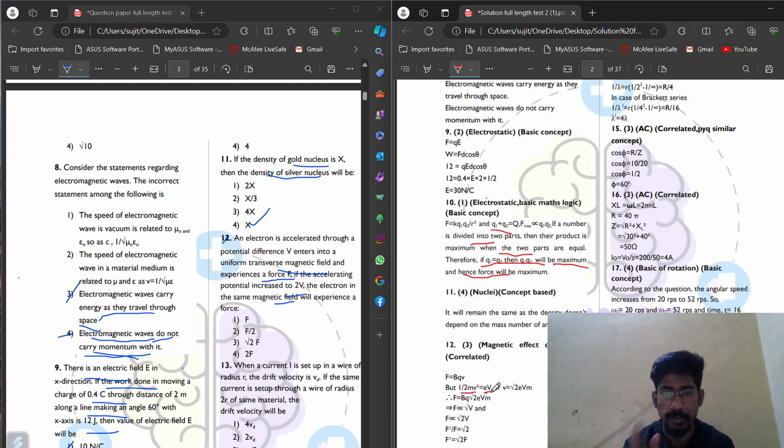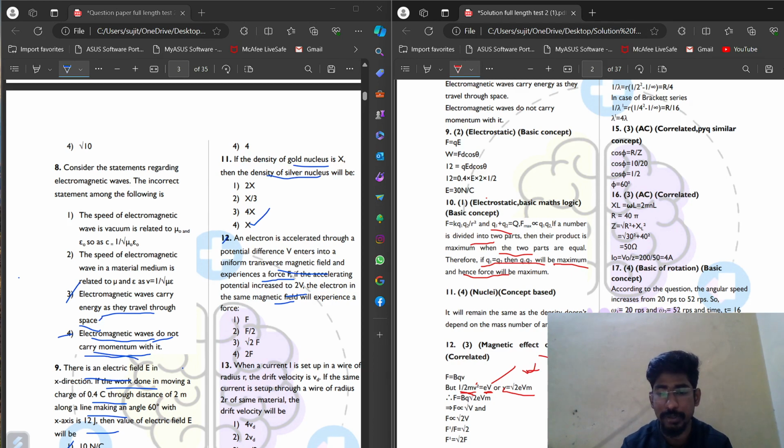energy, the certain amount of voltage applied on the magnetic or electric field, which is also equal to our kinetic energy. So capital V is the potential difference, and small v is the velocity. Here the small v value is already calculated, small v equals root over 2eV by m. That means the relation between small v and capital V is directly proportional,